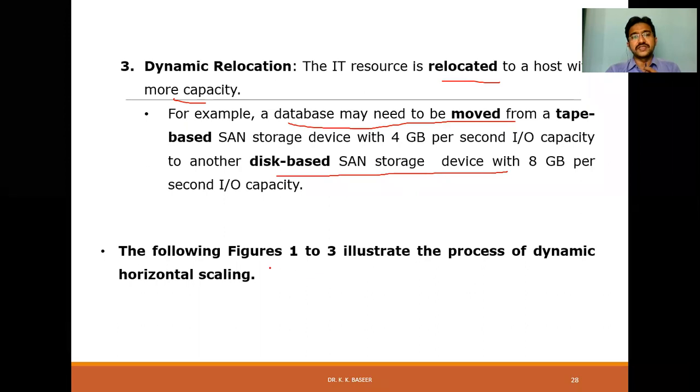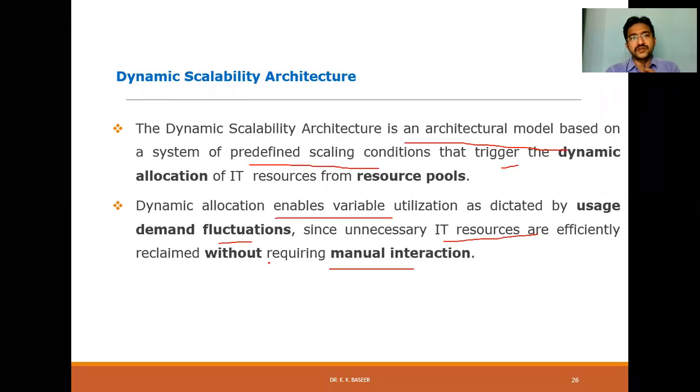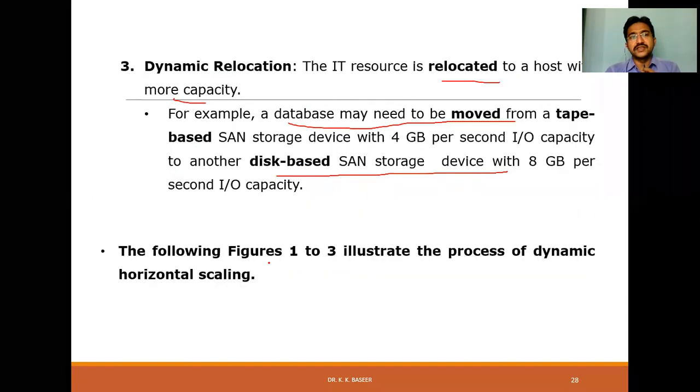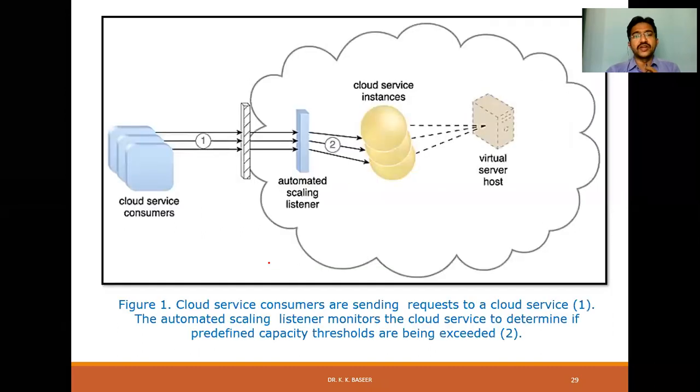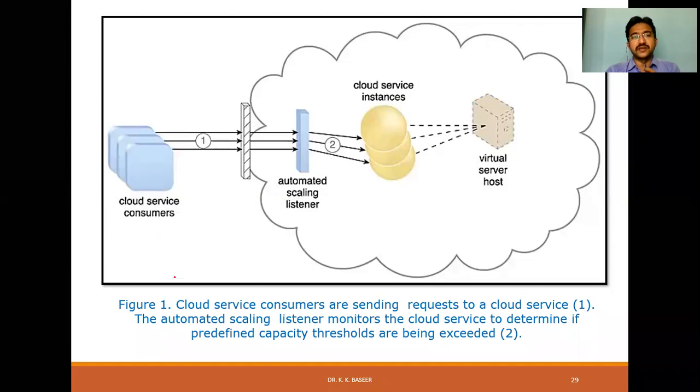Now, as I said to you earlier also, for every architecture we talk about the theme, meaning the purpose of that architecture, followed by a little bit of explanation, followed by the graphical representation of how it will be considered. Now we see three graphical representations of how the cloud services and consumer make use of this dynamic scaling.